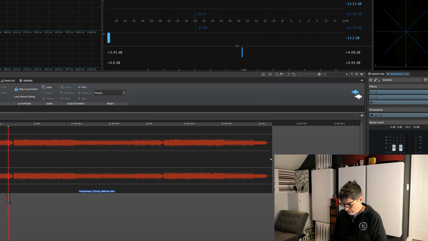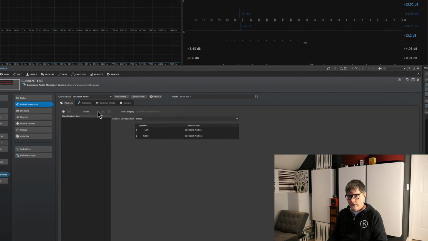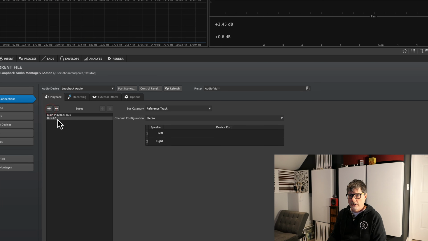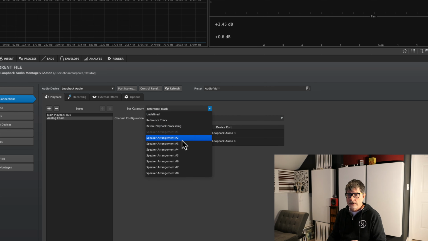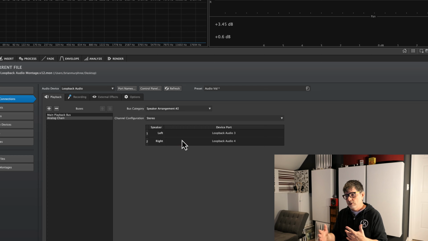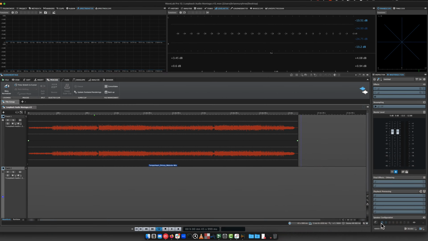Okay. I need to go into WaveLab and set that up to use this extra bus. So we're going to add another bus here. Call it analog chain. And I'll set the output of this to 3 and 4. Okay, but the first challenge here is, do I need to go back here into preferences all the time to set this and change it, move it over, and then move it back when I don't want to use it? There's a functionality within WaveLab, which is very clever for this, speaker arrangement. So I can use speaker arrangements, and what this does is it creates the possibility that I can switch between these two here